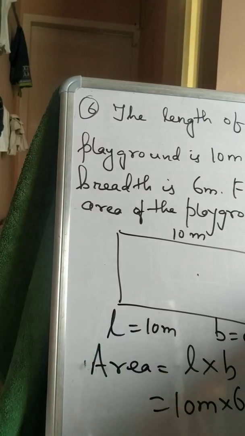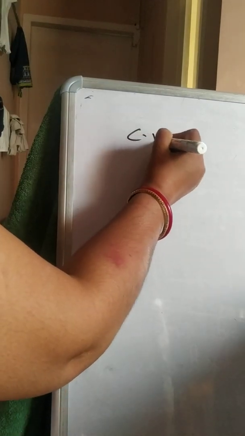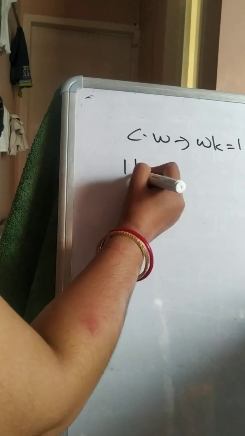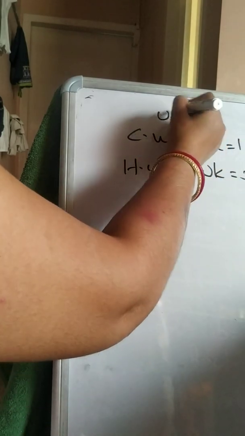So that's it. So children, here if you have any problem, you may discuss in our live class. So here today is your C work and H work. Your C work is worksheet number 1 and 2, and H work is worksheet number 3, unit number 12. Okay, this is your C work and H work.